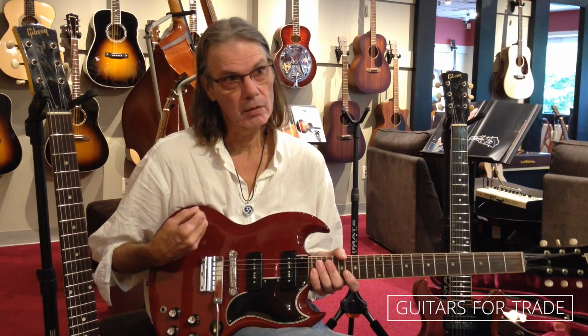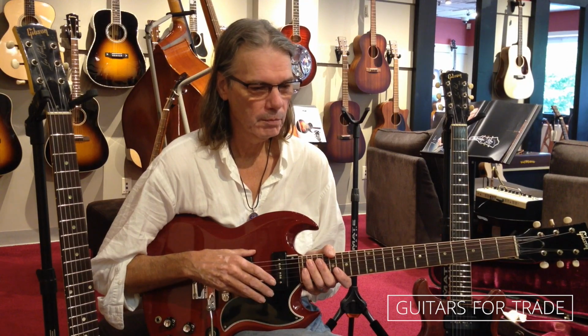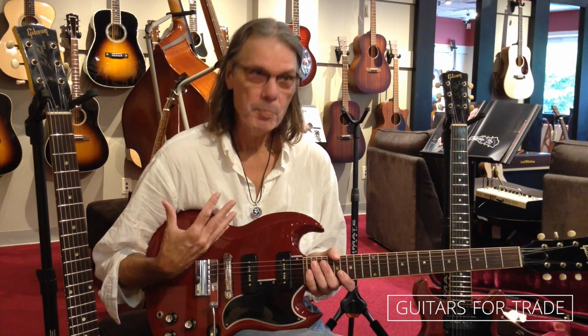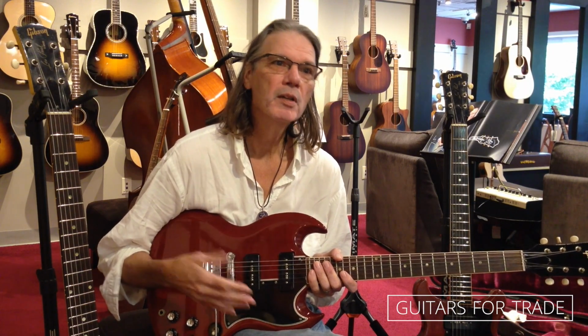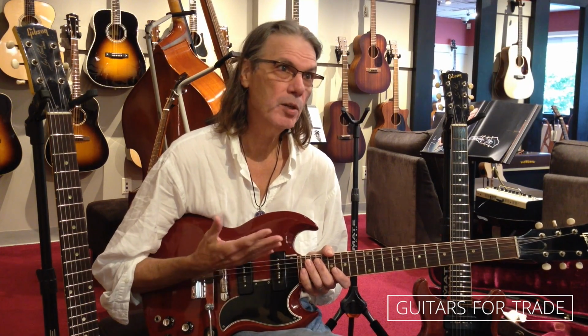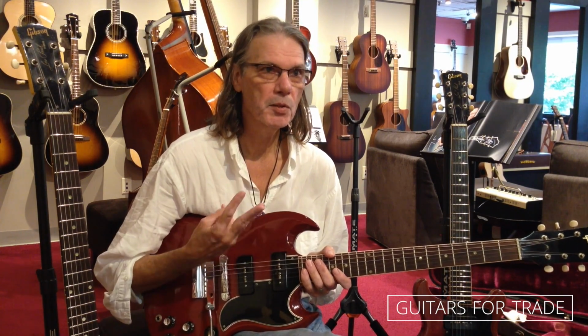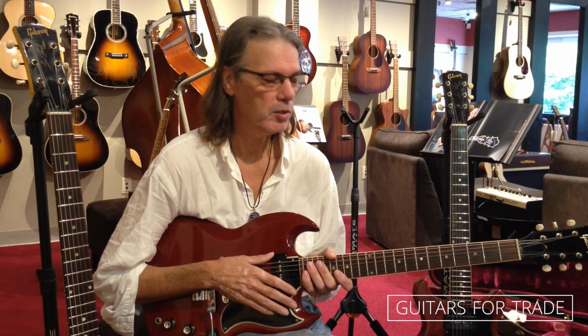So I think that by and large, with the SG, it may have to do with when it came out, that it was just a much more advantageous time to have an electric guitar like this available. I love P90s, so I always have kind of gone toward Juniors and Specials. The standard SG has humbuckers, the Custom has 3 humbuckers, which is 2 more pickups than any guitar really needs. But